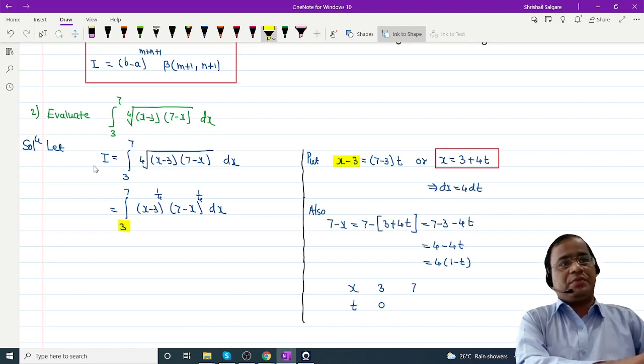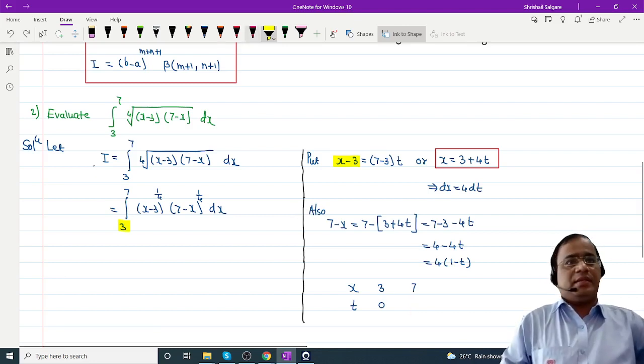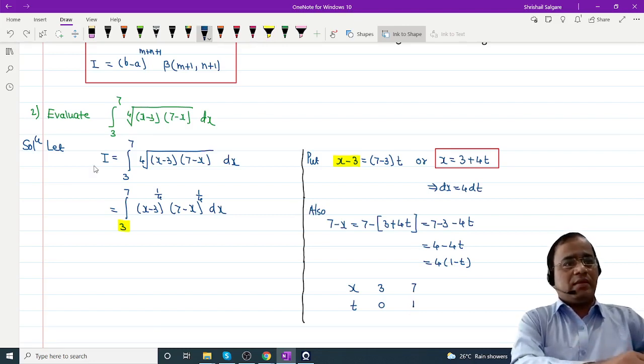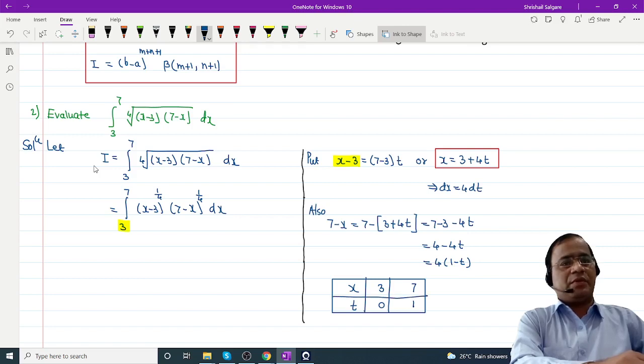If you substitute x is equal to 7, 7 minus 3 gets cancelled, 1. Okay, just a minute. That upper limit is 1. So these are the new limits for variable t. Okay, these are the new limits. Therefore, thus